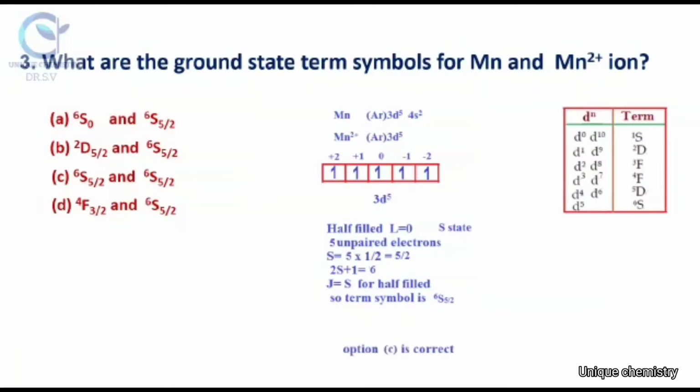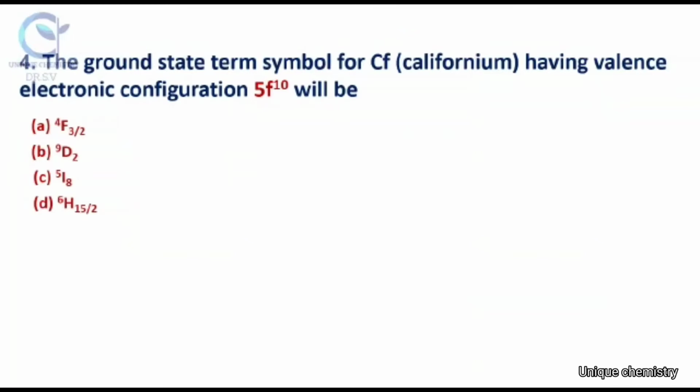Option C is correct. Question number 4. The ground state term symbol for californium (Cf) having valence electronic configuration 5f10 will be which option? We have to see, because it is californium, the f orbital is involved, the degeneracy